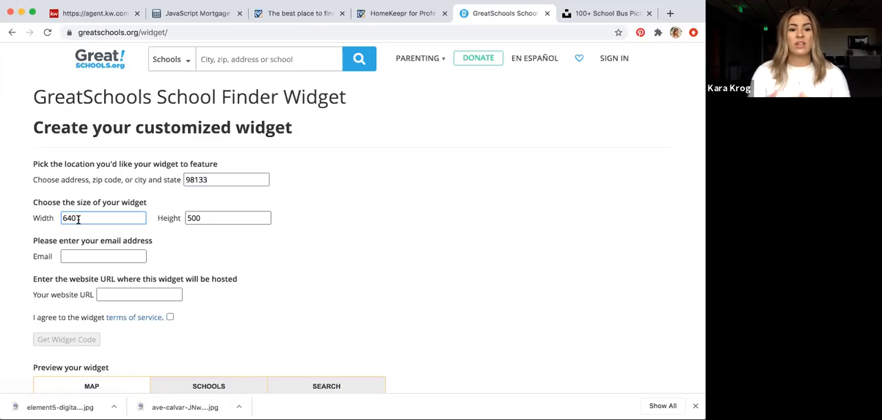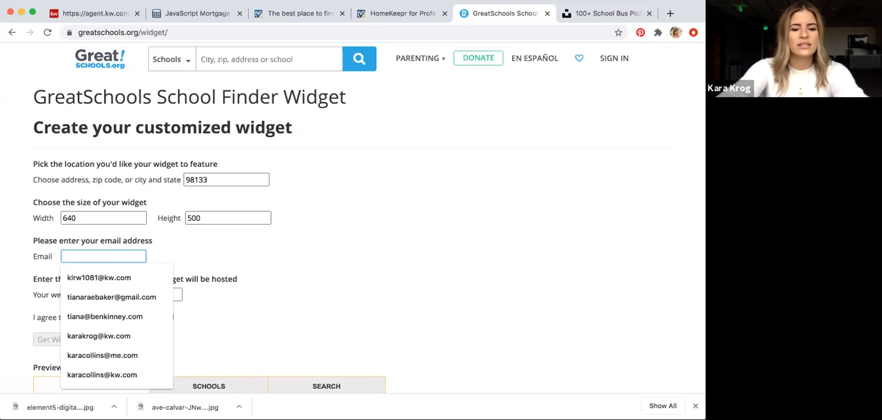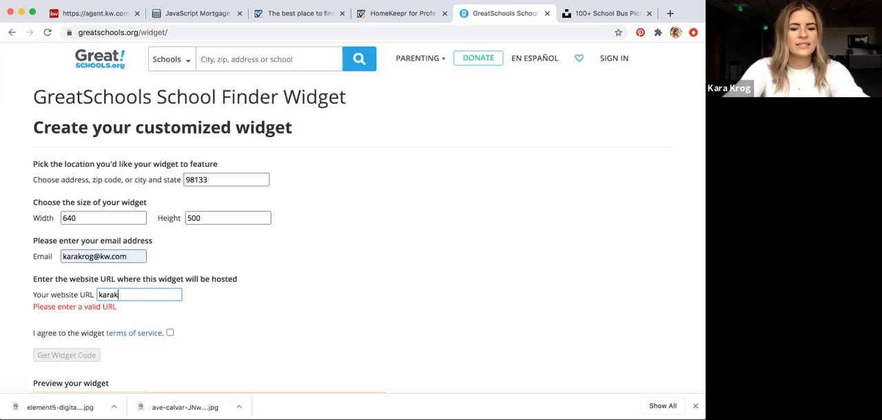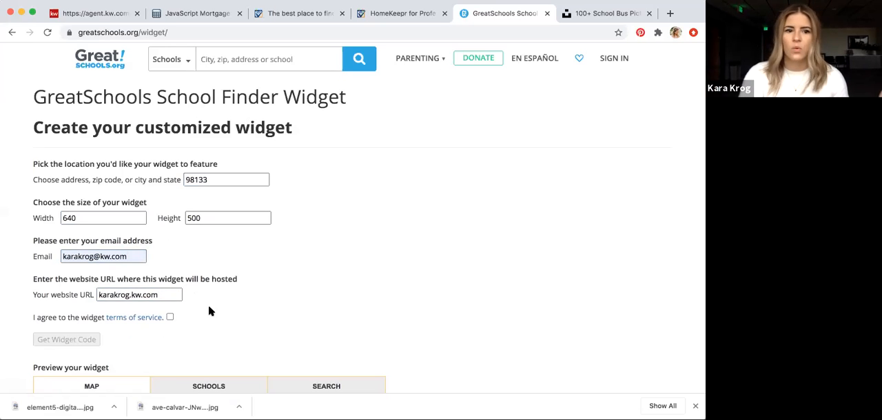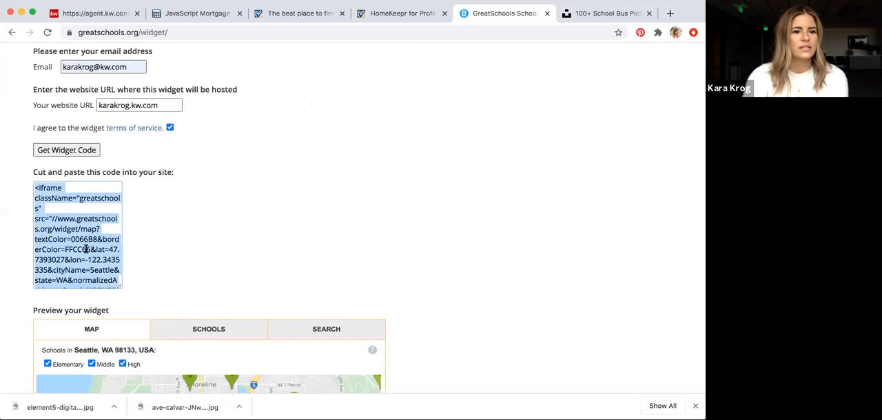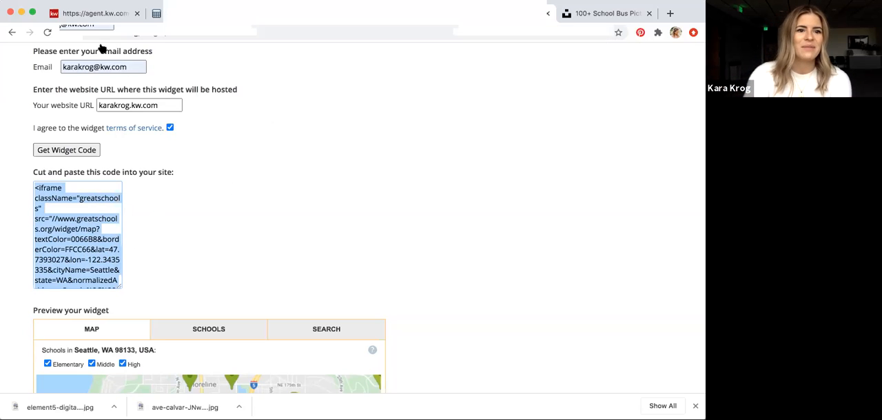I can also change the size of my widget too. I've seen people do like 500 and 500 or 500 and 1,000 or something, but I'm gonna leave it the way that it is. I think that's fine. For my email address, I'll put my email, and then for my website URL, that's karakrogh.kw.com. They just want to know where's the website where you're going to be putting this widget. And then you agree to the terms, and then you get the code. So now you've got this. We're going to select it all and then copy. Unfortunately, this one doesn't give you like a green check mark that says that you copied it all. So hopefully you did. And then I'm going to go back to my site,